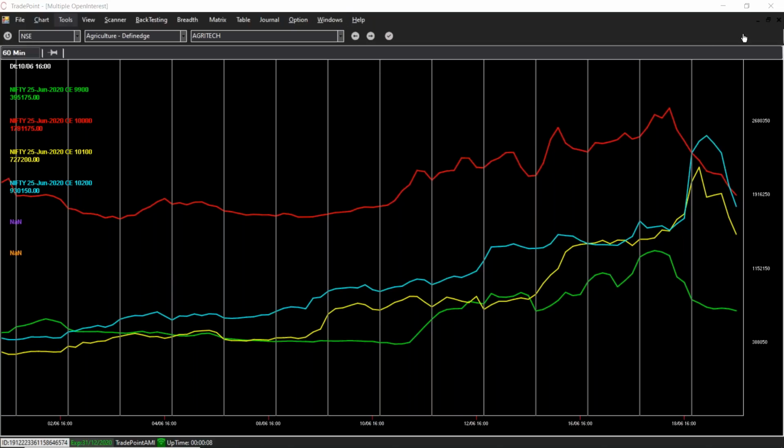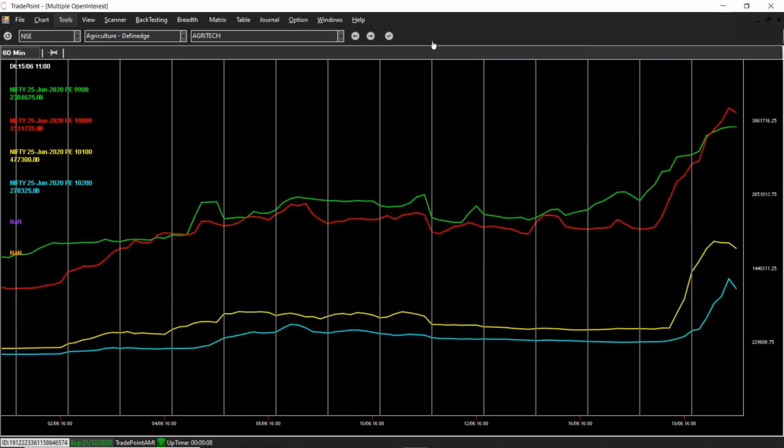I'll show you another chart, which is the open interest of the puts only. This also seems very bullish. 9,900 put, 10,000 put, 10,100 put, 10,200 put. Everything is going up, which is bullish. Because for a stock or index to go up, it needs support from put writers because they give the support from the downside, and then the call writers who start covering, they open the lid and it just flies.